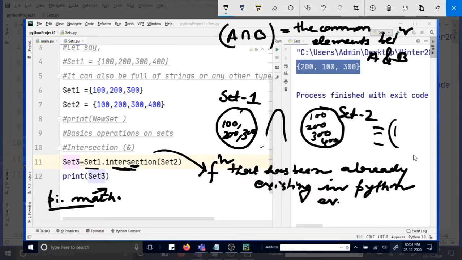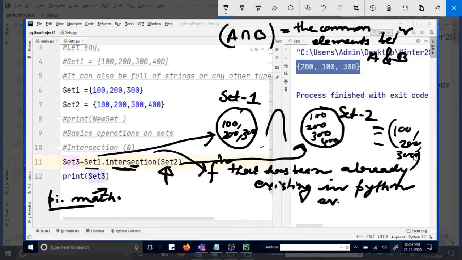So here you are passing set 2. Set 2 is this one, and this is already set 1. So this function will intersect these two and it will print 100, 200, 300.